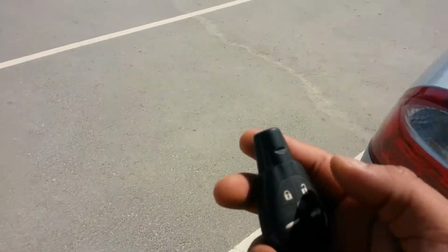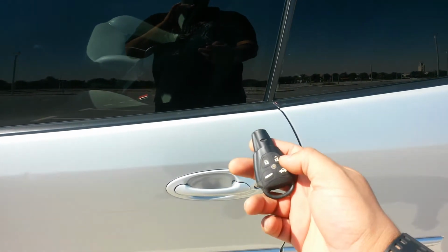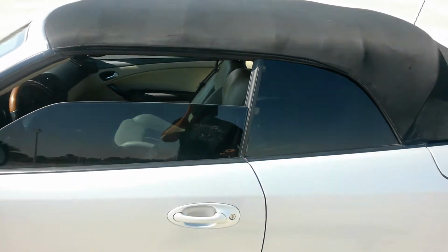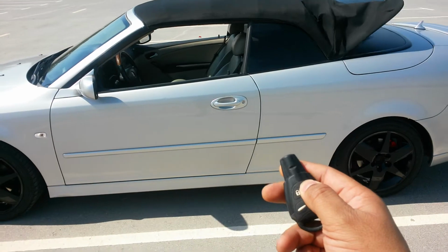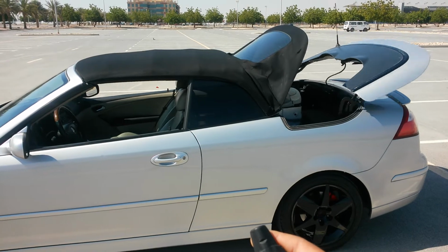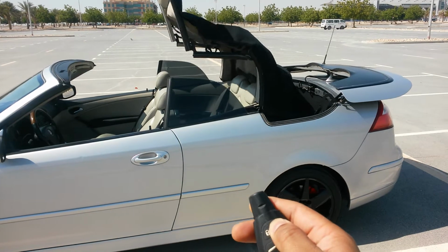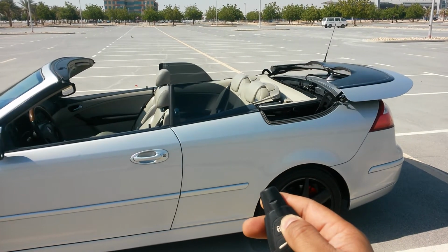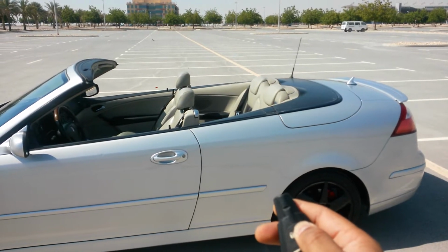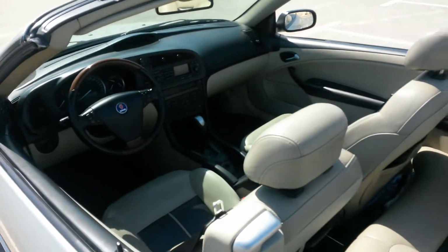The car, of course, has remote central locking that will lock, and that will, of course, unlock the vehicle. And one of its more gorgeous features is keeping the key pressed down. The roof reveals itself, which is its absolutely brilliant party trick. As you can see there, it works absolutely flawlessly. And when you hear that little beep, it means the operation and cycle of the roof has been completed,